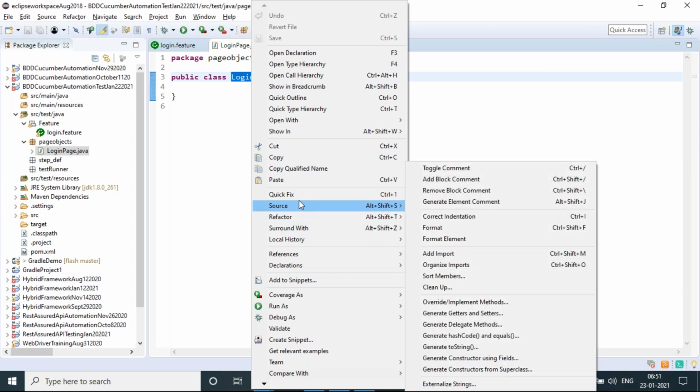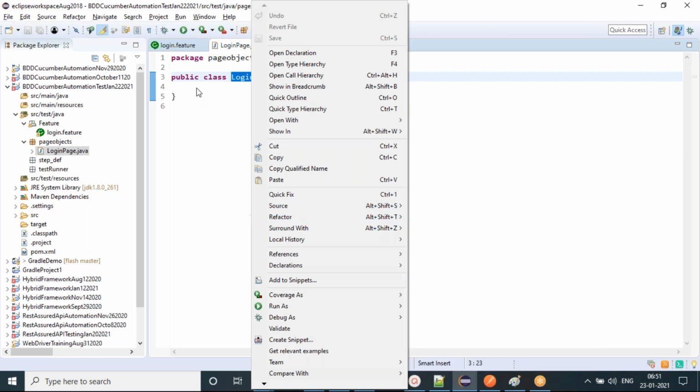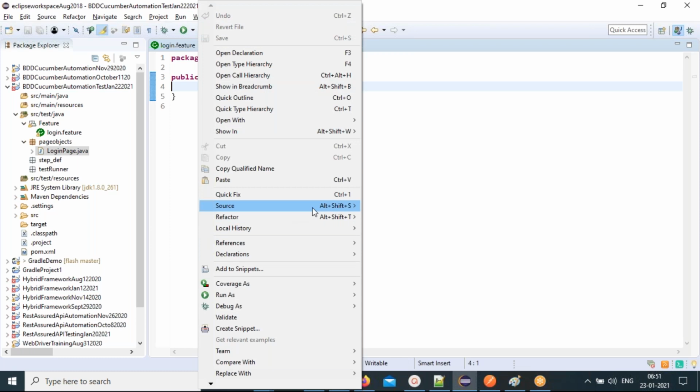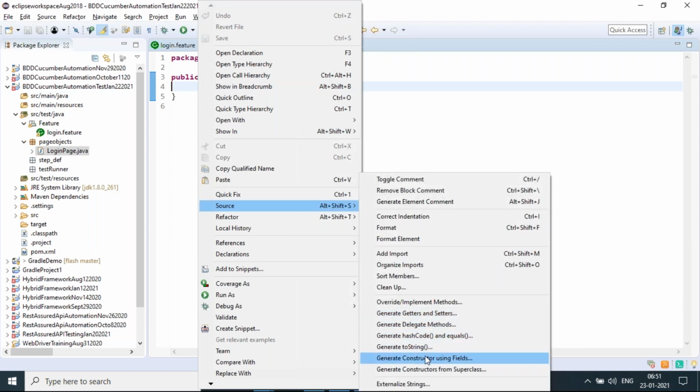Using source, generate constructor, you can generate the constructor like this. You don't need to write it, just right click, but you have to put the cursor in the right place, and there you can use source and generate constructor.